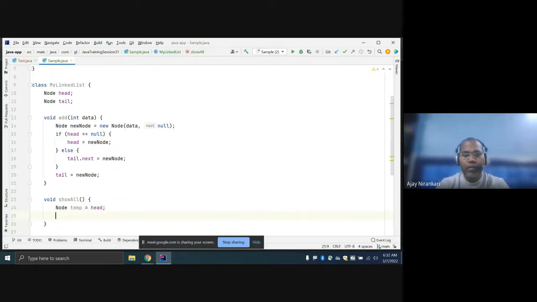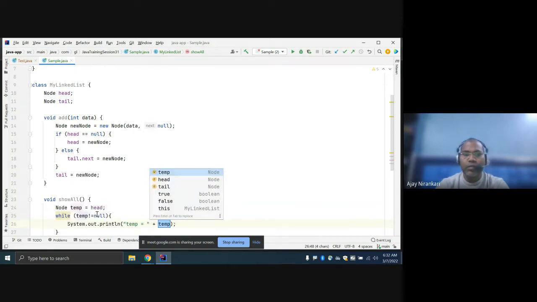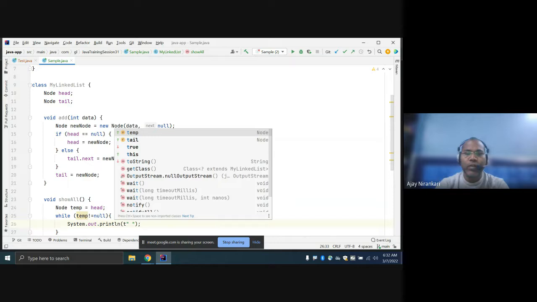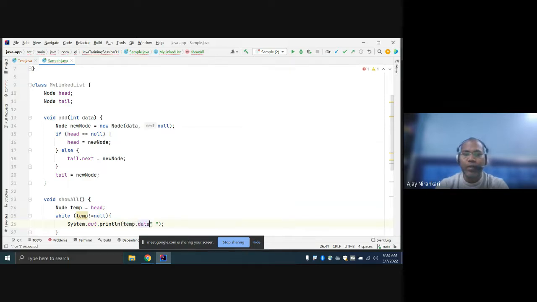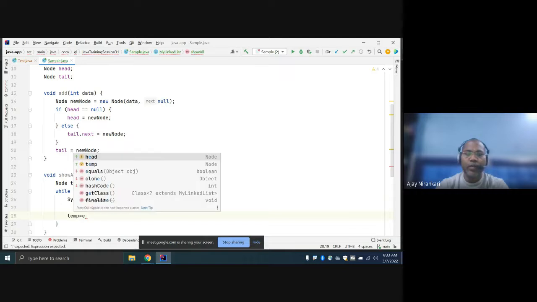Here write a while loop. You just check temp not equal to null, because you want to print the head value as well. So you can say out, whatever the temp dot data part, plus just make one arrow, and once your loop completes, after that you have to check temp equal to temp next.